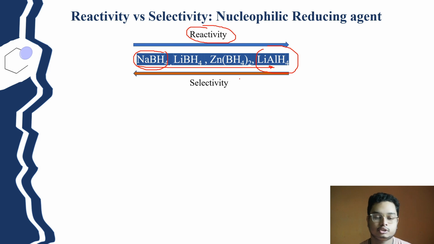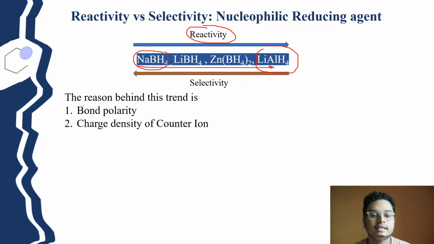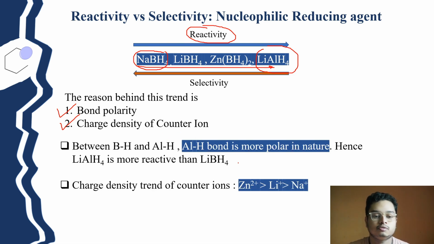So why is it so? There are basically two reasons behind this trend: one is the bond polarity and the second is the charge density of the counter ion. First, you can see that between the B-H and the aluminium-H